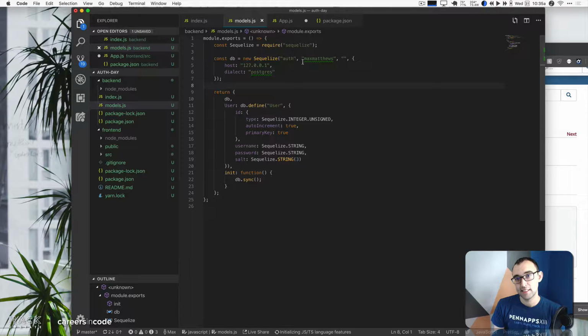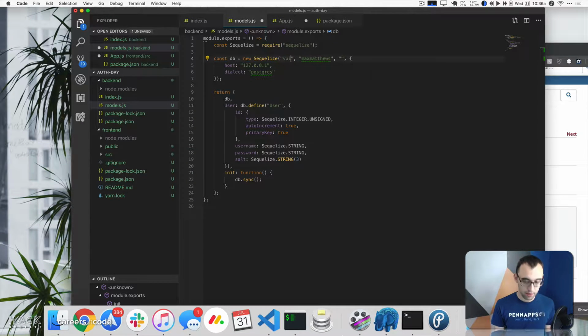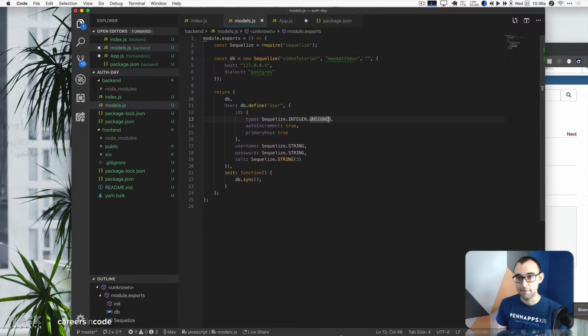So what Sequelize is doing here is it's saying, hey, what's the database name, what's the username, and what's the password? And because we're running on local, we don't need a password. You could set it up to have a password on your database, but because no one can really connect in, it doesn't matter that much. And then we have our host. Where is our server running and what is the kind of the server? So if I change this off to the new database name I just created, I can save that